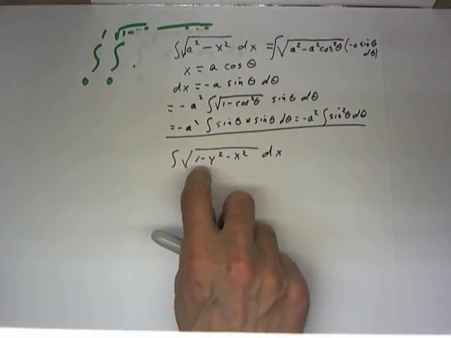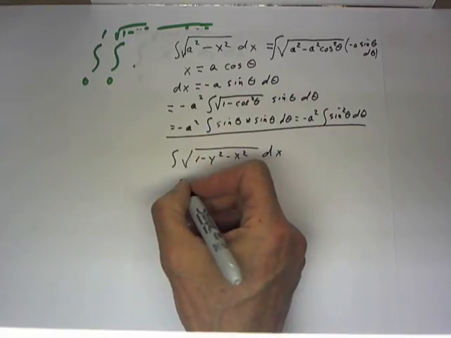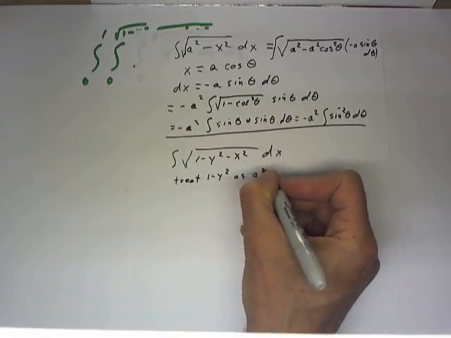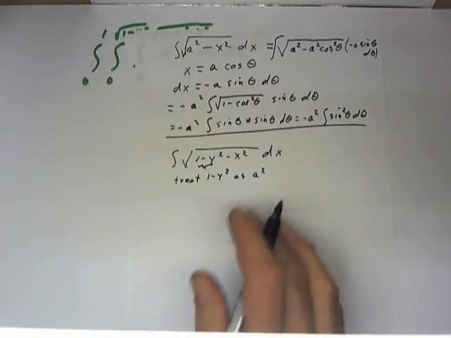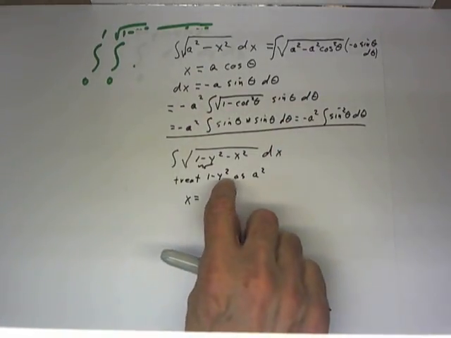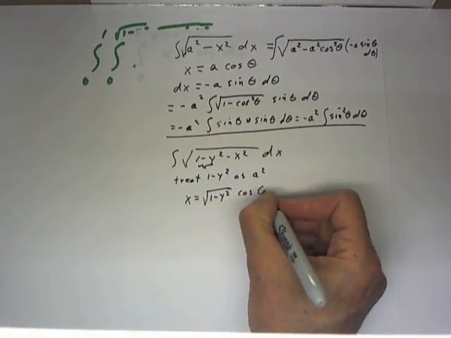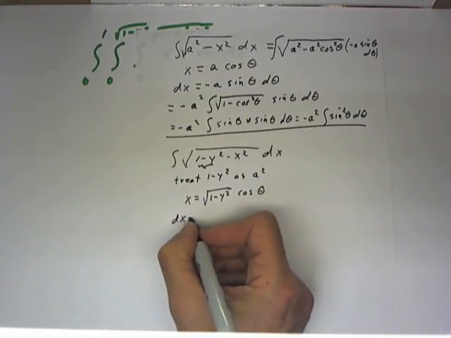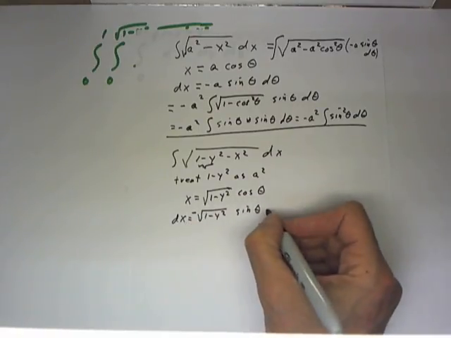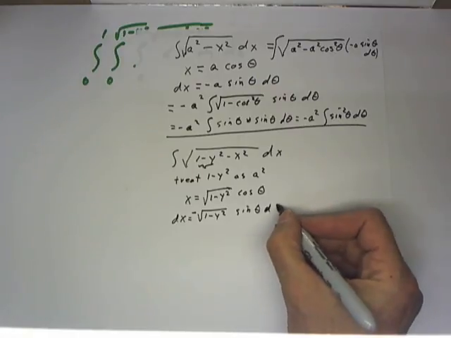In this case, we're going to treat the 1 minus y squared as if it was an a squared and essentially do the same thing. So treat 1 minus y squared as a squared, meaning that we're going to let x equal a cosine theta. Now, if 1 minus y squared is a squared, then x is going to be the square root of 1 minus y squared cosine theta, so that dx equals the square root of 1 minus y squared sine theta d theta,